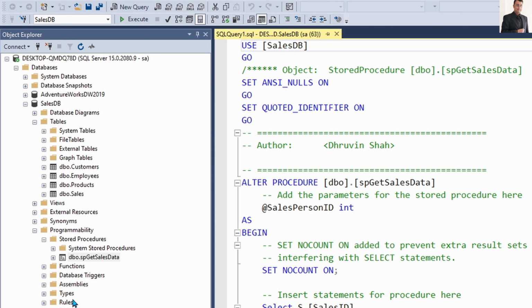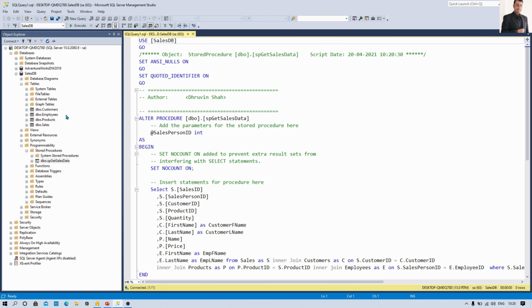If you do not know how to restore the dataset into SQL Server, I have created a separate video for that. The link is available in the description box. Now for this sales database, I have these tables: customers, employees, products, and sales. Customers means customer information. Employees means the person who has sold the product. Products means the product master table, and sales means the entire sales items. So basically we need to apply different joins and get the desired dataset based on our requirement.